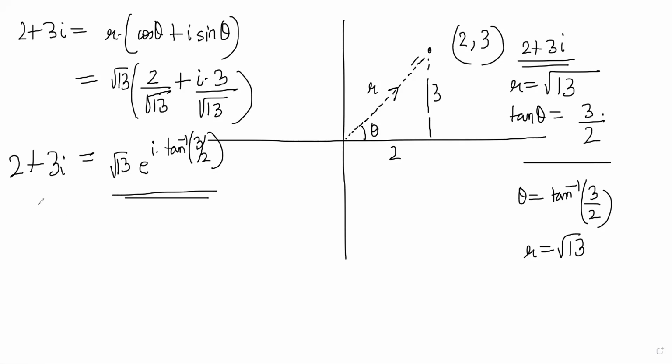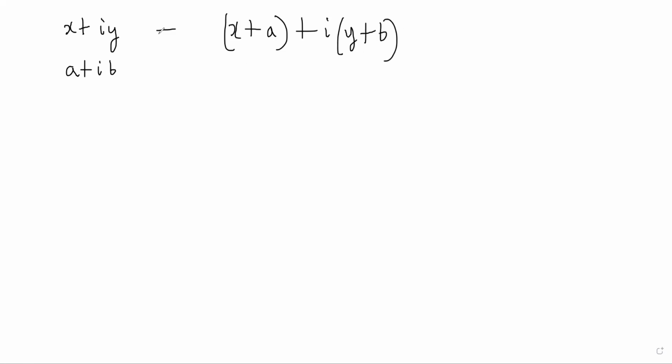Now, the reason we are writing it in multiple forms is because the polar form helps you understand multiplication and division of complex numbers in an easy way. Addition and subtraction of complex numbers you can easily do. If I have to add or subtract these two, I just add the real parts and the imaginary parts separately, right? Now the problem is that if I have to multiply,